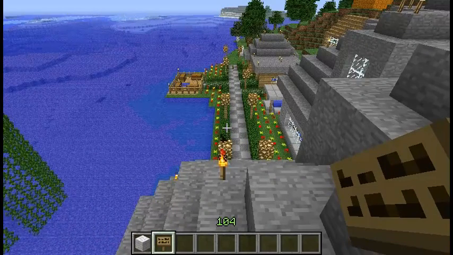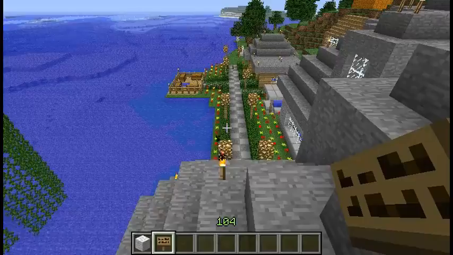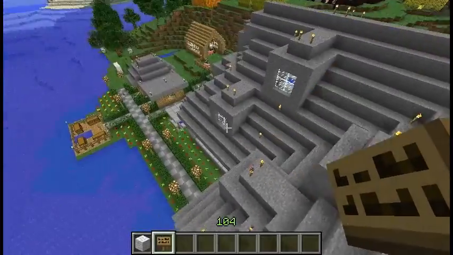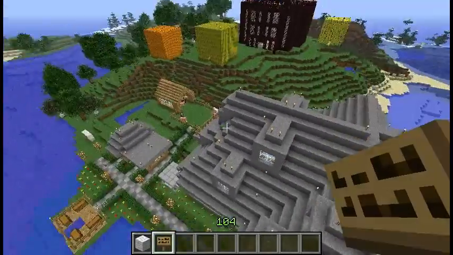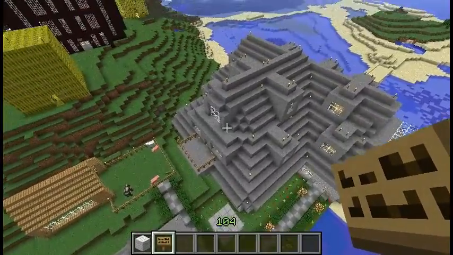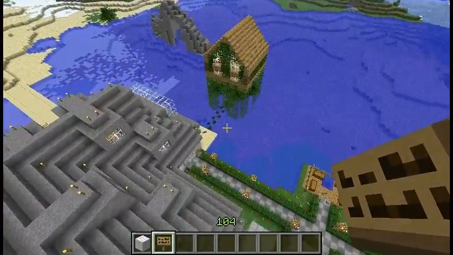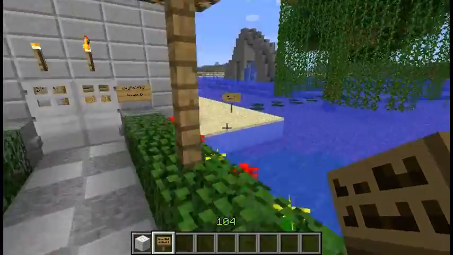You have multiple houses, maybe a school, a market, a park. So if you're thinking about building a city, maybe it's time to stop spending so much time on one house. And there's another thing here too, I don't know what that is. But first I want to look at this tree house.